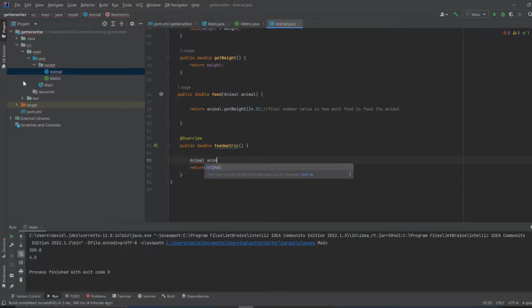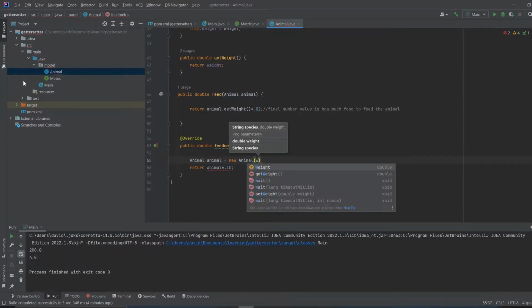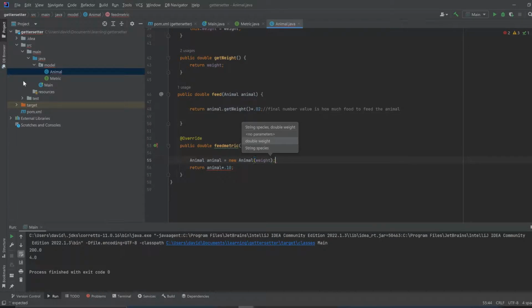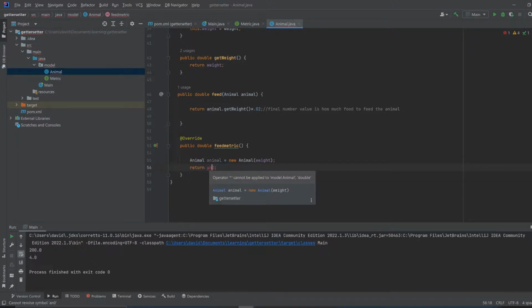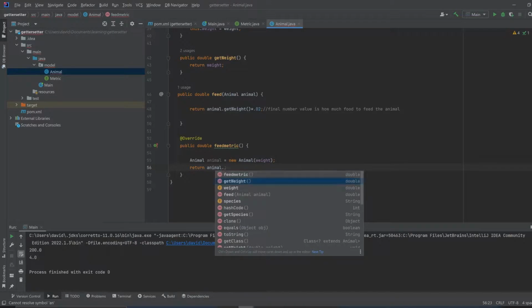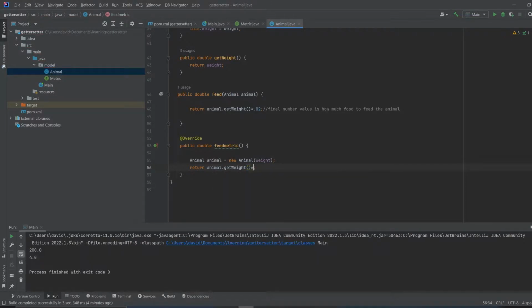Animal equals new animal. And you have to pass in the weight, because the weight is a double. And you have to return, let's delete this stuff, animal dot get weight, and we're going to multiply that by 0.10. And so this feed metric method will